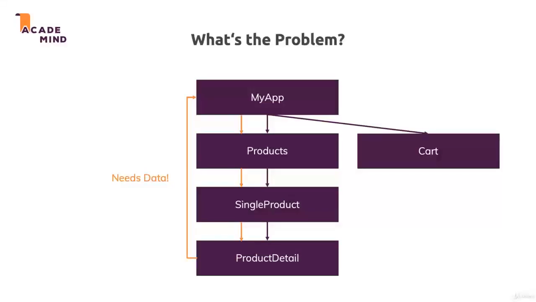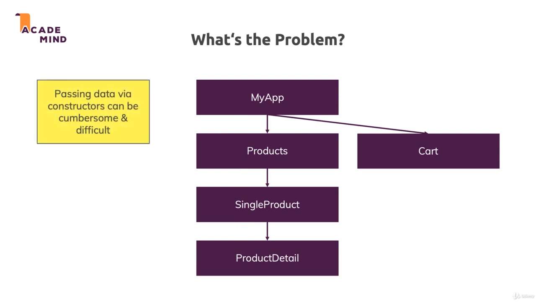We pass them as arguments to our widgets, and that can lead to very long chains of "here's an argument, please forward it," where we pass data through widgets that don't care about it just because some child widget cares. And that's a problem we want to fix with state management,